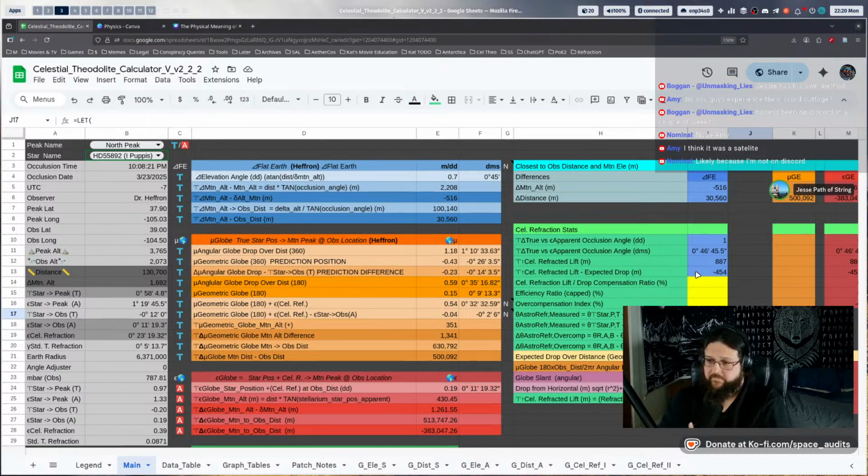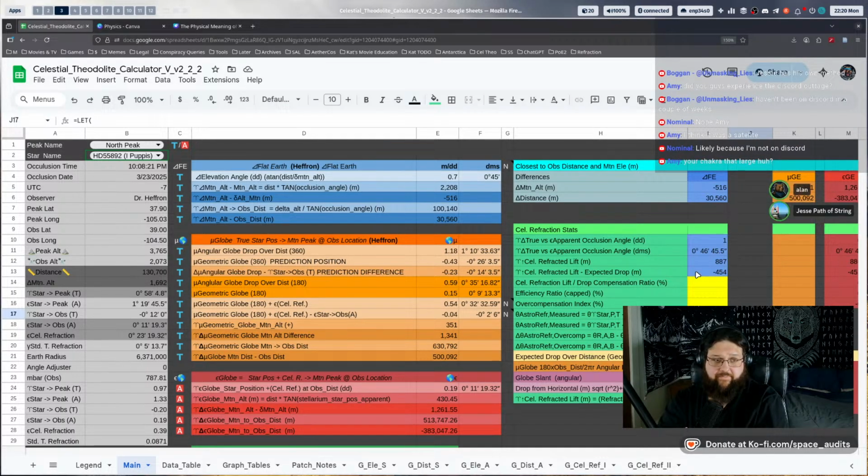So step one is still get ATM off at peak, right? Yep. Okay. And so what's the next step? I subtract. What do I subtract? The position of the star at the time of occlusion with respect to the peak, and you subtract that from the rise over run of the elevation, which gives you the angle to the peak from the observer. So I'm subtracting the star's altitude angle from Stellarium at the peak from what again? From the elevation of the mountain derived by rise over run.